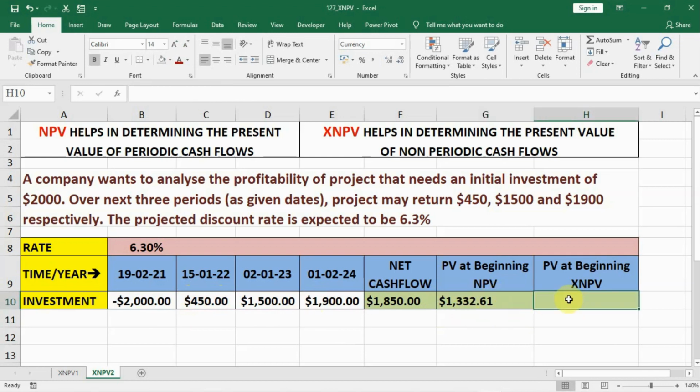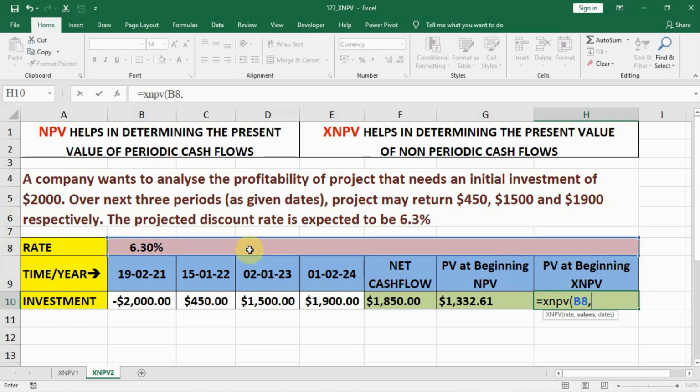Now let us calculate on the basis of XNPV, which calculates in real time on a date basis. That is, on a daily basis it calculates the value. If there is a gap of even 1 day, it will calculate that. We will write equal to, then XNPV, bracket open, select our rate, we put a comma, then we select all the 4 values, then we put a comma, and then we select our dates, all 4 dates. This is the format for that, and we'll press